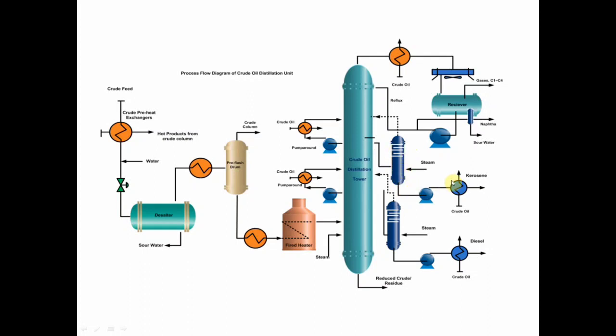The first product is kerosene, or the ATF. ATF, or kerosene, is aviation turbine fuel. The pure part of the kerosene is the ATF aviation fuel, which is extracted from the first side draw of the CDU. Now, if this first side draw is further heated, with a boiling point of 140 degrees Celsius to 270 degrees Celsius,